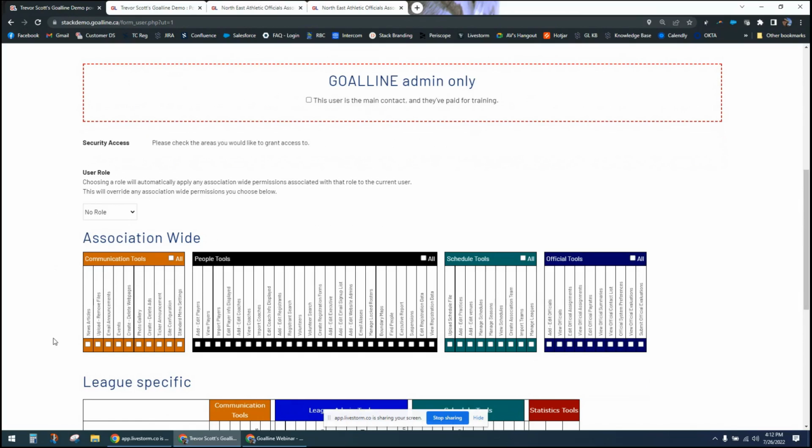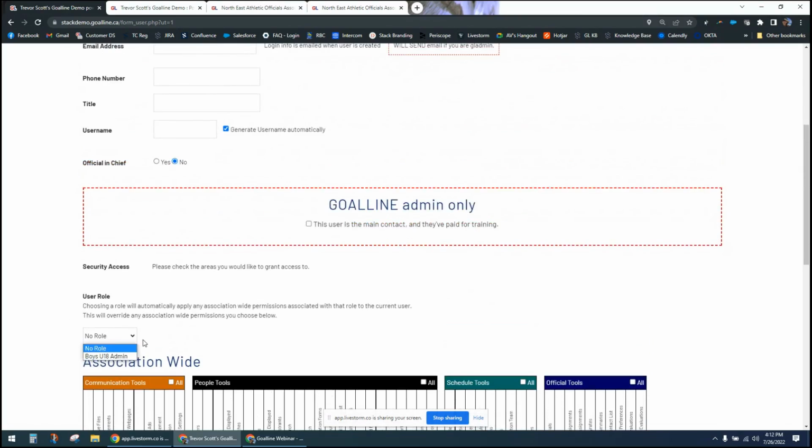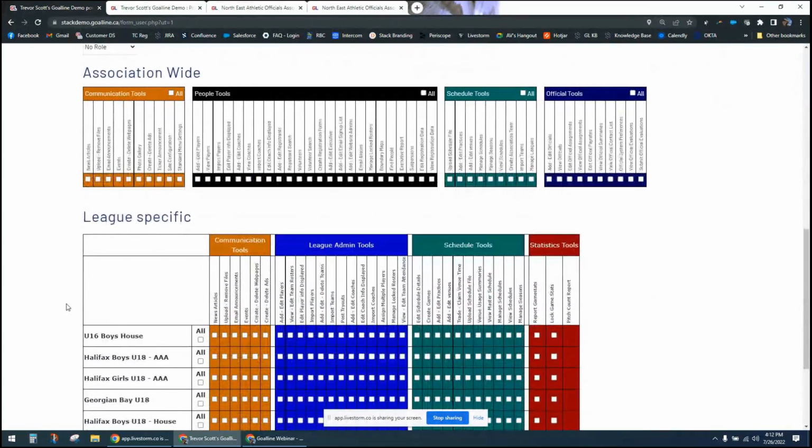And when a new person comes into that same position, say in the next year or after your next AGM, you can remove the previous administrator, add the new one with the information above, and simply select their role. And when you create them, it's going to provide them with all of the permissions that are associated with the role you've created. When roles are not appropriate, that's when we get into the sections below, which are association-wide, and